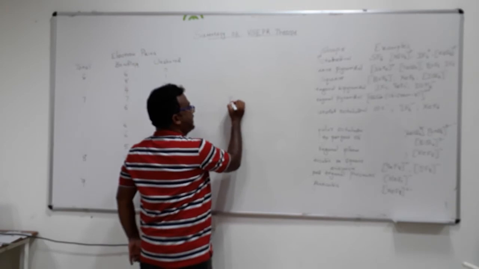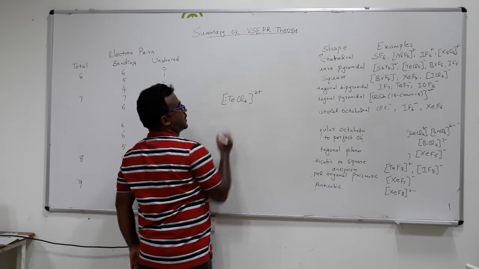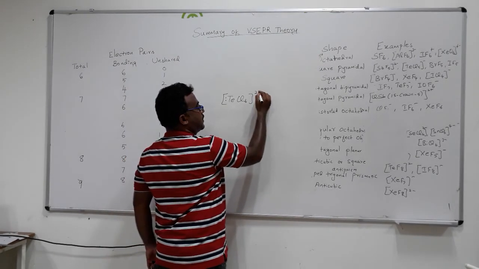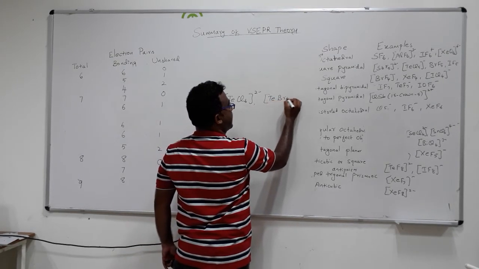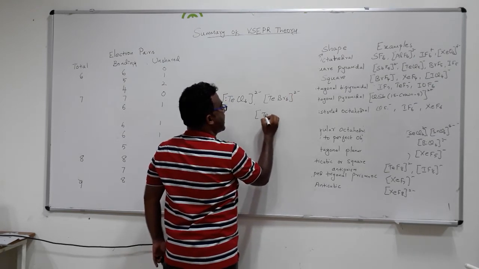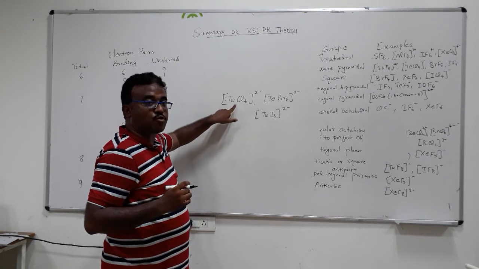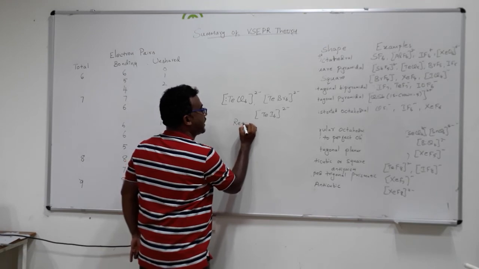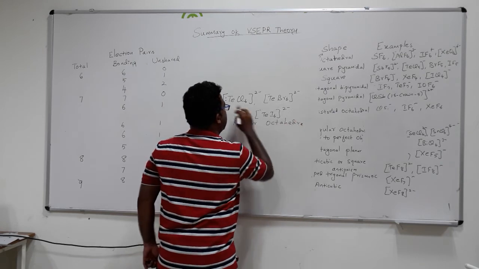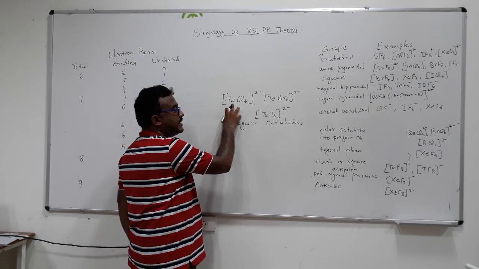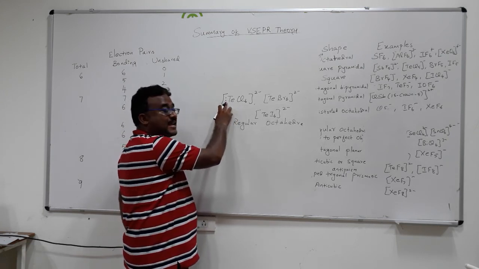If you take a molecule of TeCl6 2 minus, it has one lone pair of electrons. TeCl6 2 minus, TeBr6 2 minus, TeI6 2 minus are known. You can see that TeCl6 2 minus has a regular octahedral geometry, because tellurium is in the +4 oxidation state and this lone pair of electrons is again stereochemically inactive.